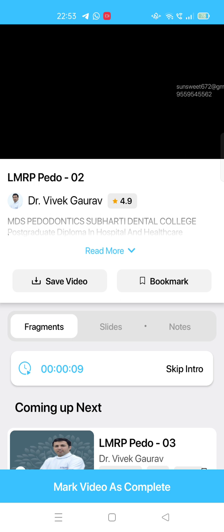Now, when it comes to the stainless steel crown that is available in the kit, the MCQs related to it are, first, based on the classification. Before classification, remember that the stainless steel crown was introduced by Humphrey in the year 1950. When it comes to the classification, I told you that it is classified as pre-trimmed,